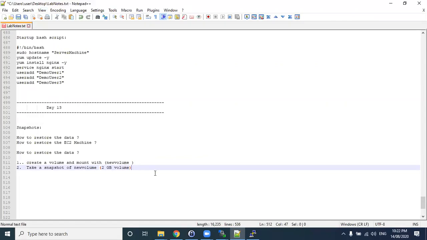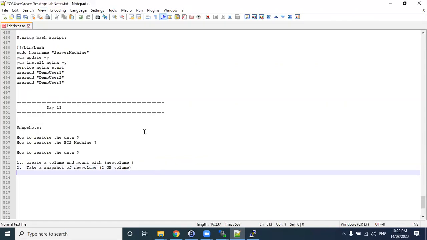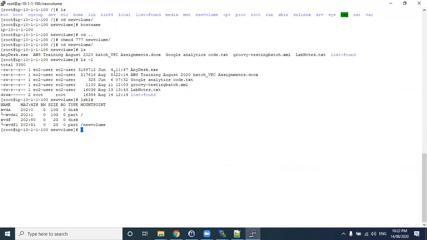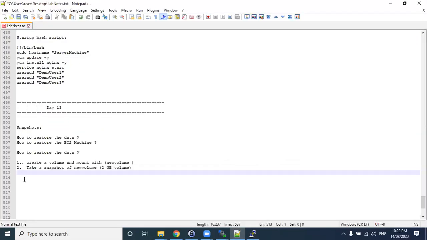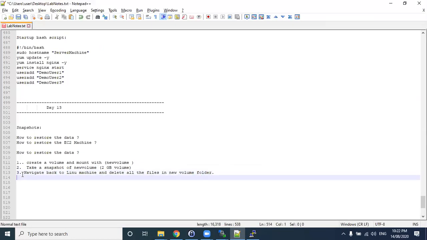So after taking a snapshot, let us come to this Linux machine and delete all these files. After deleting the files, now let us restore this data. Okay. Navigate back to the Linux machine and delete all the files in the new volume folder.